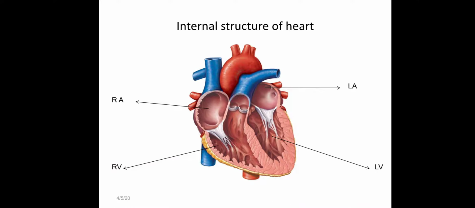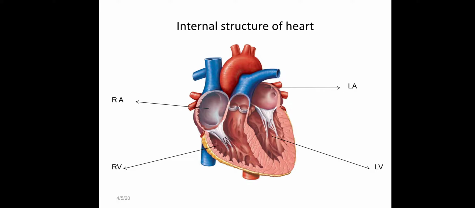Now coming to the internal structure of the heart. What we have seen so far were the parts of the heart and the structures associated with it. Now we will take all of them together. So let's start with the 4 compartments first. In this part we'll go chamber by chamber and the parts associated with each chamber.